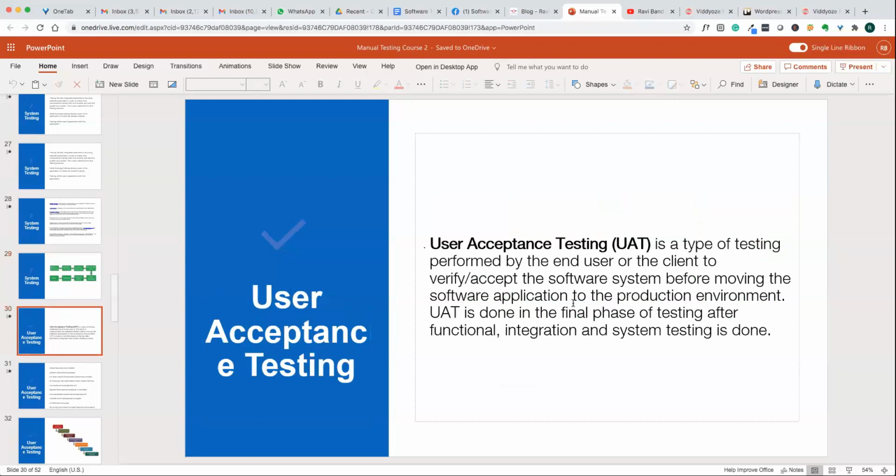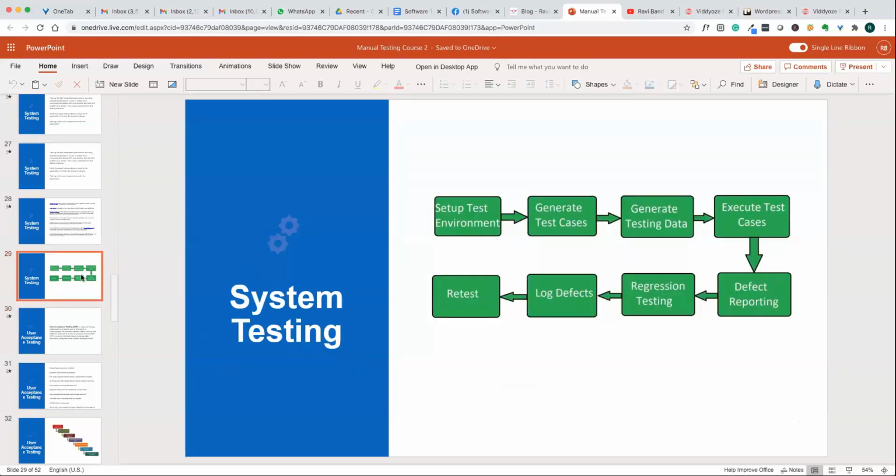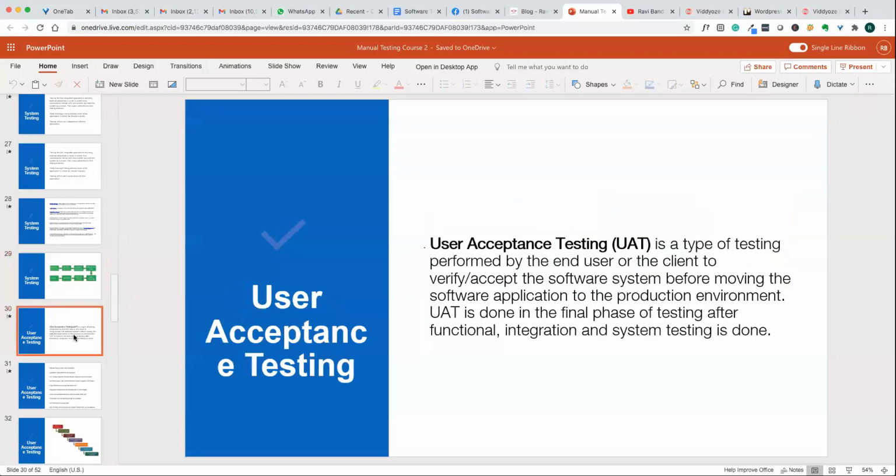Once system testing is done, the final process is user acceptance testing, right? This is where the actual users will perform the testing. Up to integration and system testing, the testers will do it. User acceptance testing is actually done by the users who are going to use the system.